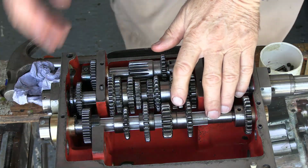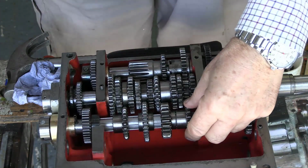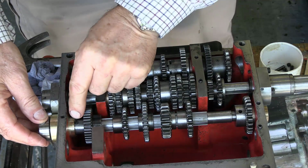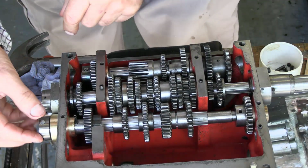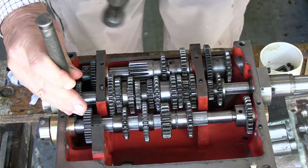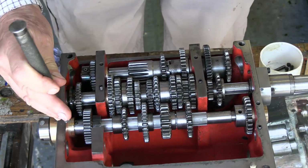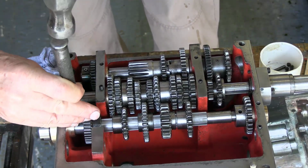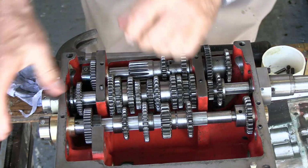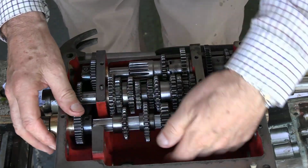Well, I'm just putting this shaft in. You have to get these gears in the right place. I haven't fixed this one yet, and I haven't fixed this one because I have to put this pin in, which fixes this thing to this shaft. And then this gear comes back on top of that, and